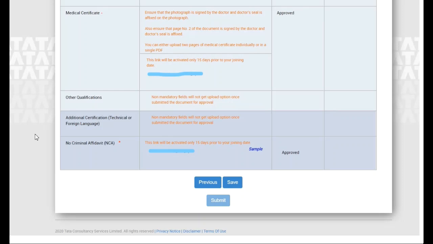So in this way we have discussed the complete background check process of TCS. I have tried to cover all the FAQs and the queries which I came across while dealing with this BGC process. If you still come across any type of query or any kind of doubt in the documents, or how to upload and all, please don't forget to comment all your queries and questions in the comment section below. I will reply to all the comments and will definitely try to resolve your query, as now I know the whole BGC process, how things go. That's why I have a complete idea, and it will be very easy for me to resolve your issues.